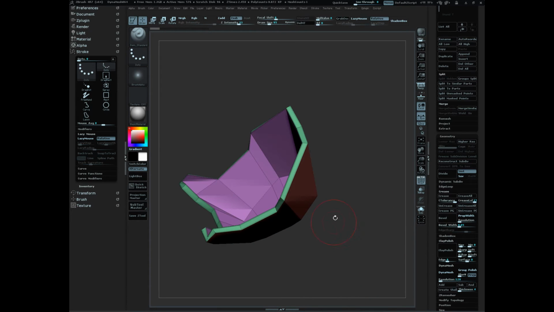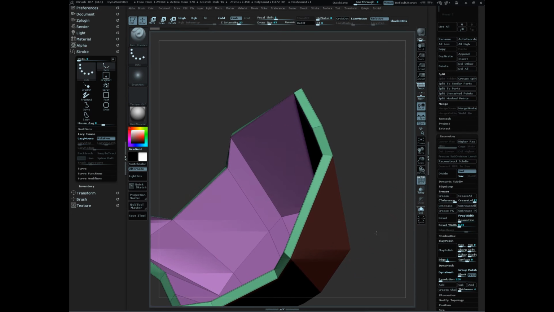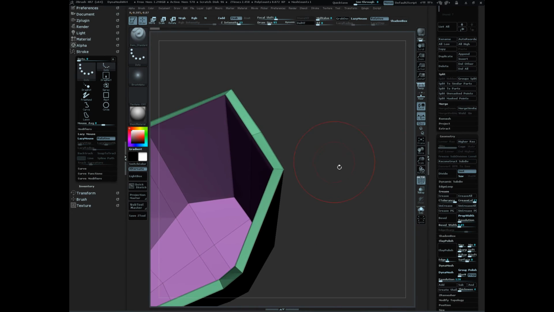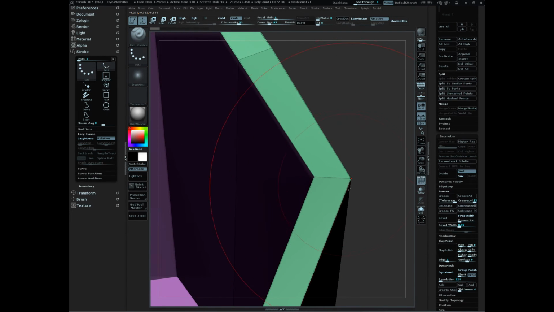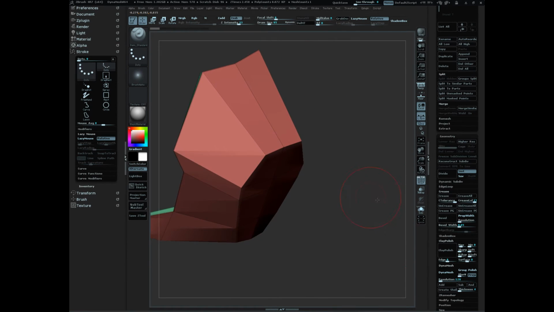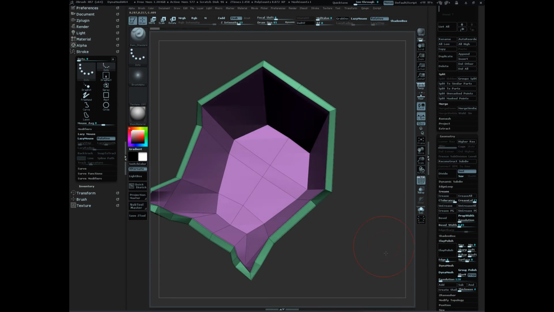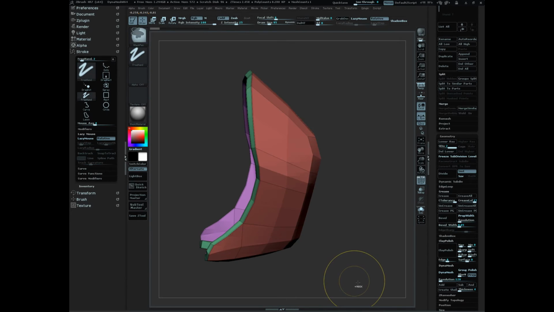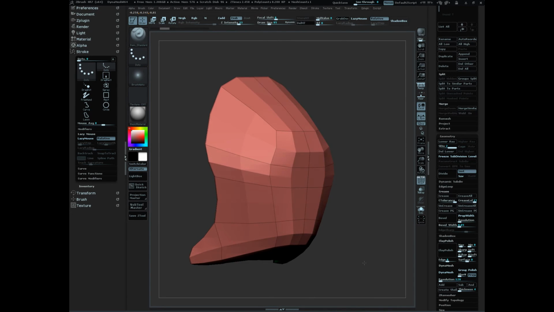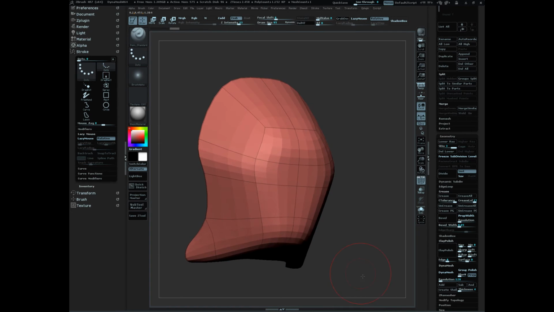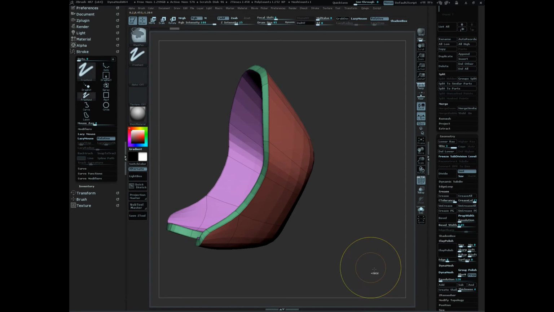Already by default, when I made this Zsphere topology and I made an adaptive skin, it actually put in a crease at the very edge. You can see by the very fine dotted line here at the very edge, there's a crease that's set in for the polygroup faces at front and on the inside and the back along this edge. So if I was to subdivide this, all of the edge is still holding. The actual corners are not holding very well. It's just going to soften out, and that's not exactly what we want. So I'm going to go back,